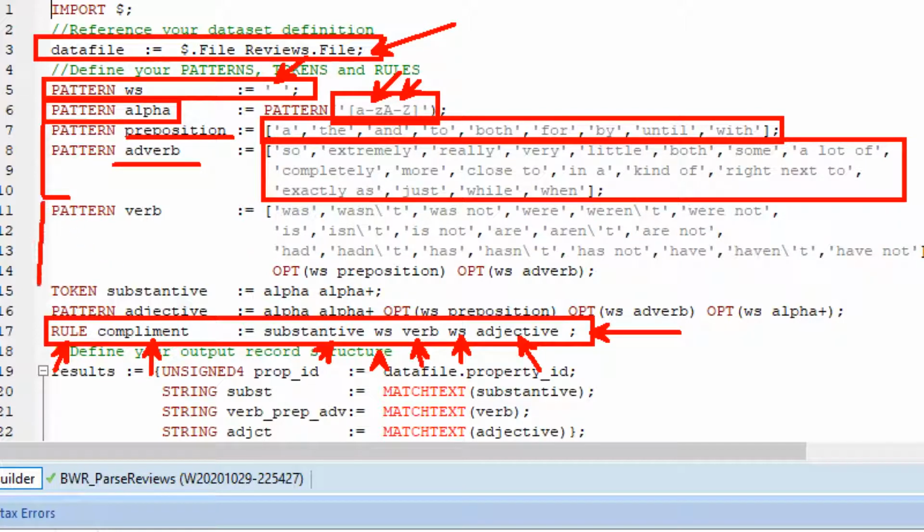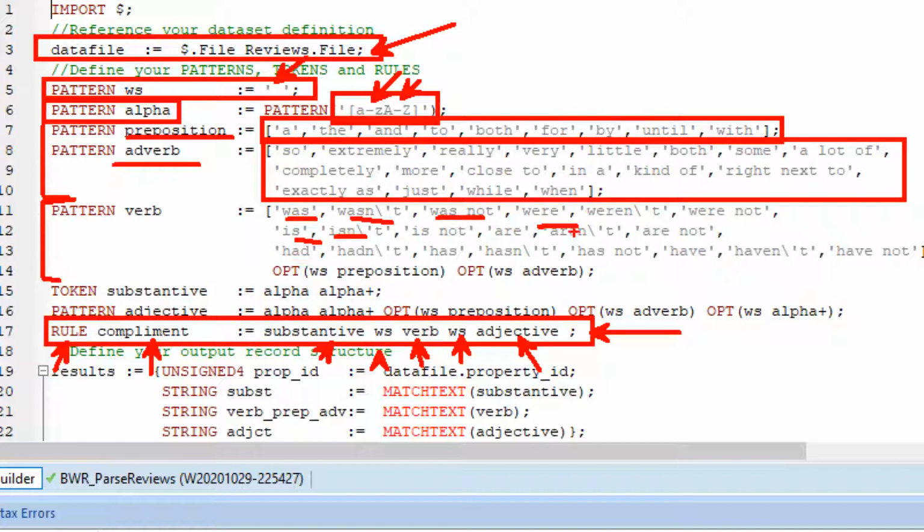The verb, that's an interesting part, because when people describe something or complement something, in English it's pretty easy. In Portuguese or Spanish it's much harder, but in English you have was, wasn't, was not, were, is, isn't, hadn't, etc. Right? So I can be pretty comprehensive here with just a few verb structures. And to account for those situations where people want to emphasize the adjective, I can optionally include a preposition and optionally an adverb close to the verb. Okay,